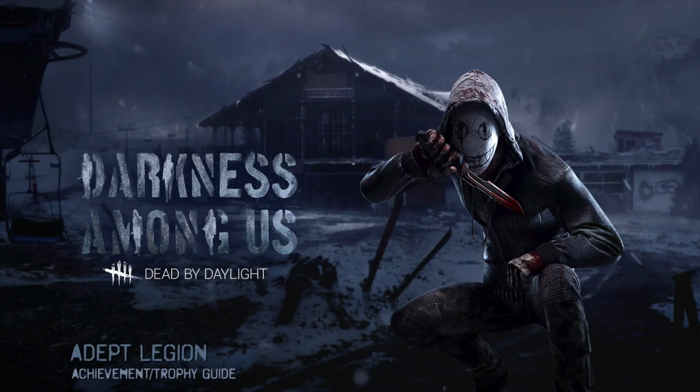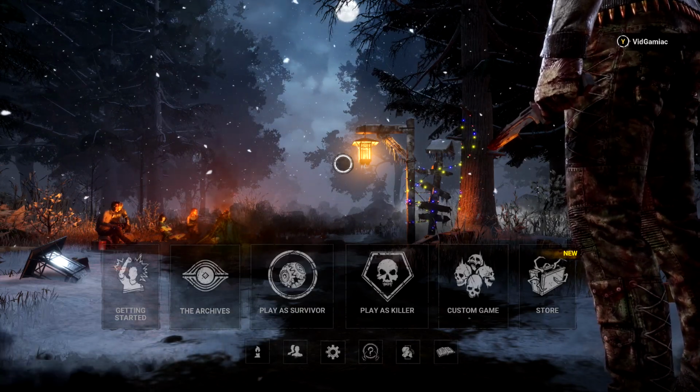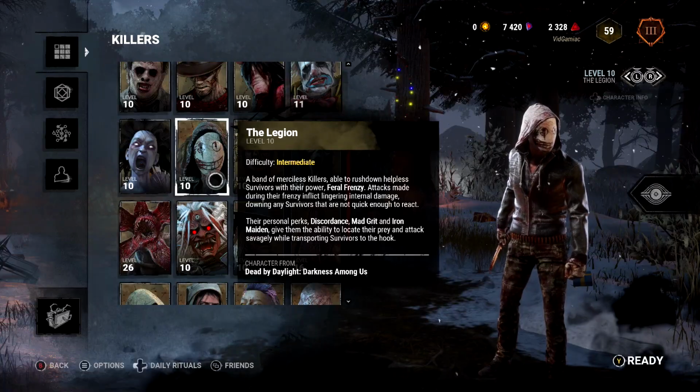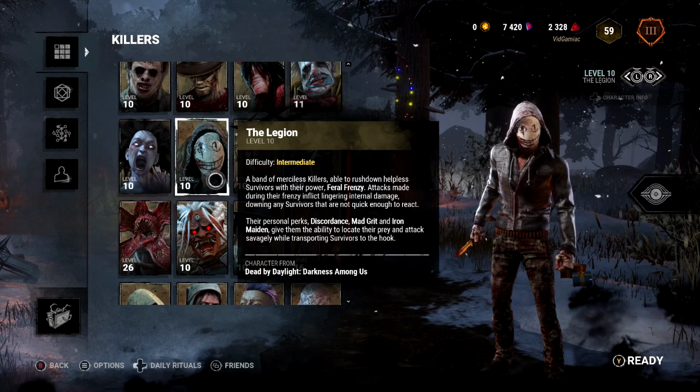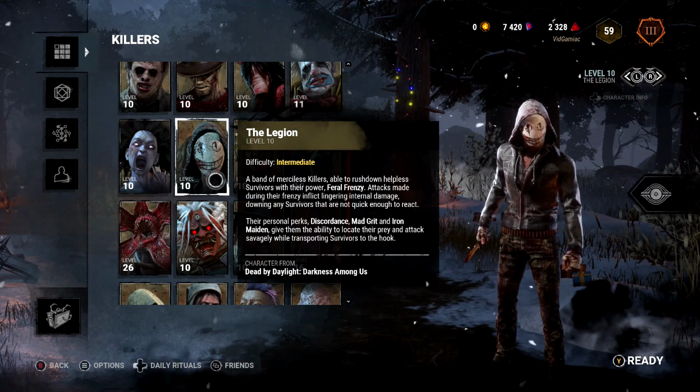Here we are today back in the Darkness Among Us update to Dead by Daylight, going for the Adept Legion achievement. This is to get a merciless killer as the Legion. This is going to be done from the killer's side. You're going to need Legion for this, so make sure you grab them from the DLC pack or the in-game shop. You also need to make sure you get them to at least level 10 in order to open up